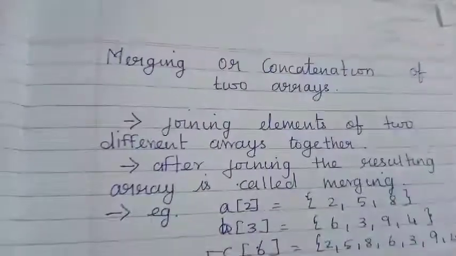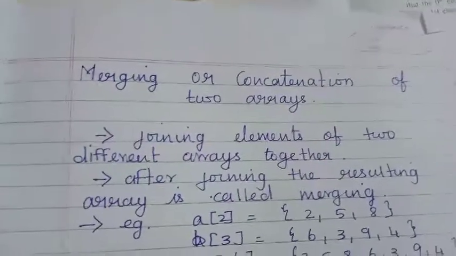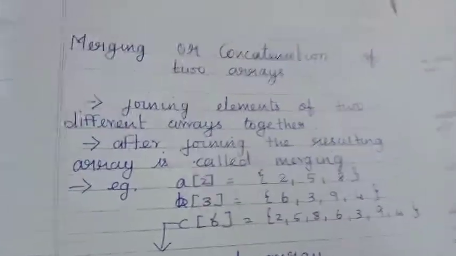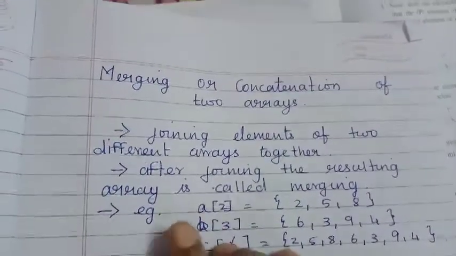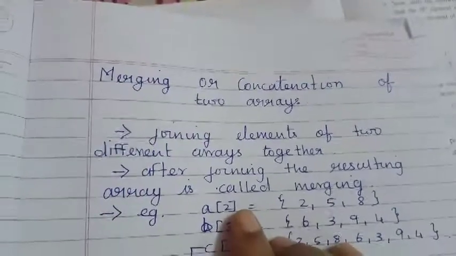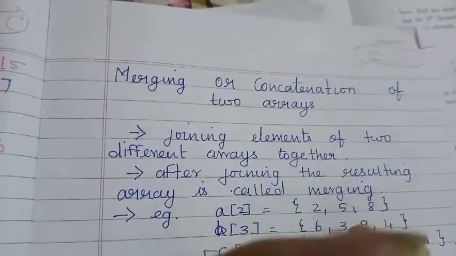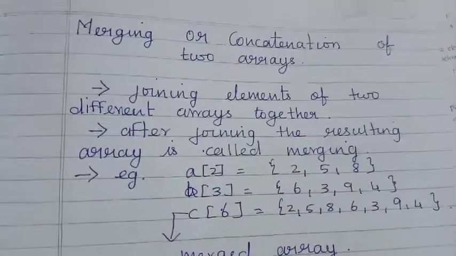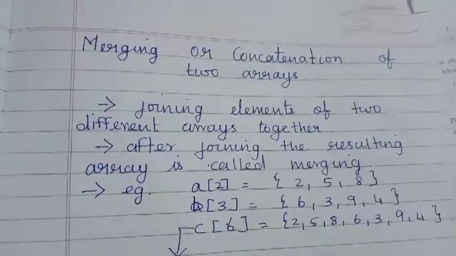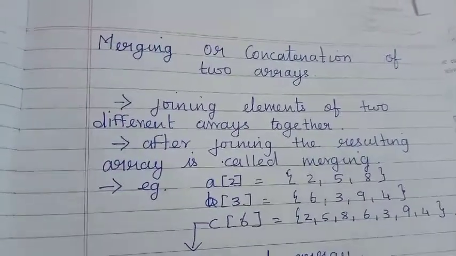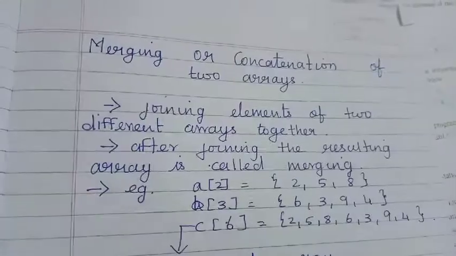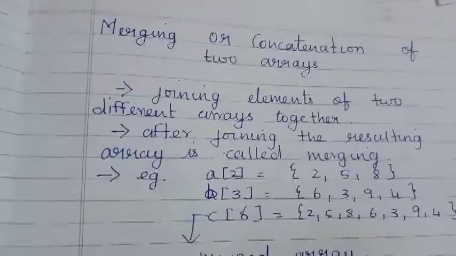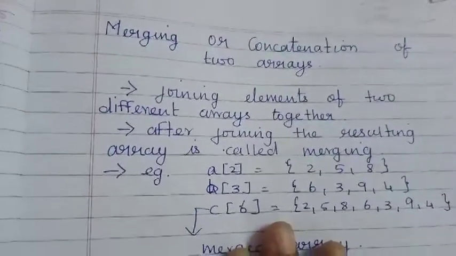Merging can also be said as concatenation. Merging or concatenation of arrays means it's the same. Merging generally means joining something. If two things are there and you are going to merge them, it means joining them, as in matrices, which you would have studied. Merging of matrices means you are going to join both the matrices. The same concept is going to be done here also, but using arrays.